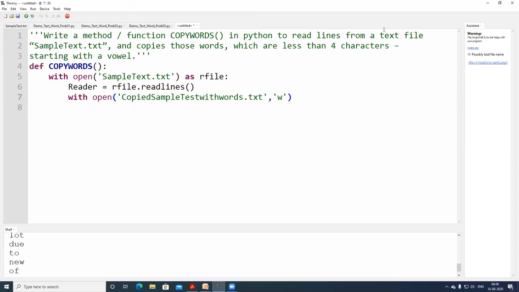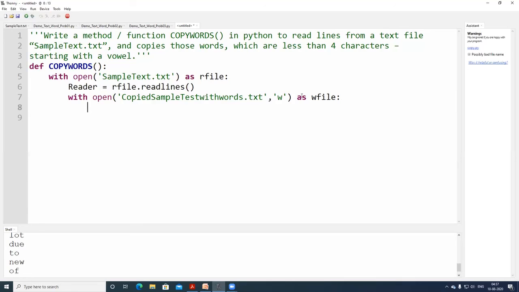Here, kindly note, you are supposed to mention the mode. In the previous opening, I have not mentioned the mode. Here I have to mention the mode explicitly. If I don't mention it, it is an error. For reading alone, it is not mandatory to mention the mode. For other things, it is necessary. So this is one new line compared to the previous three problems.